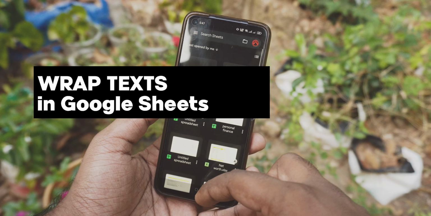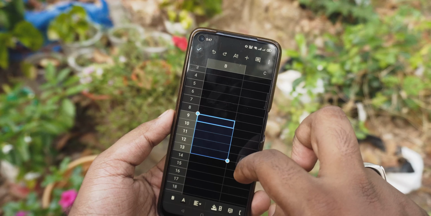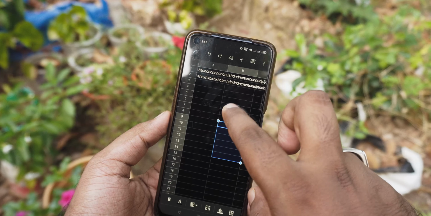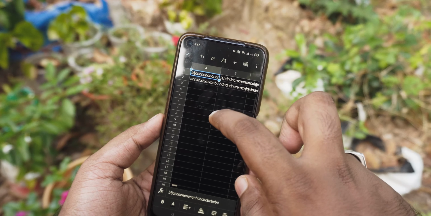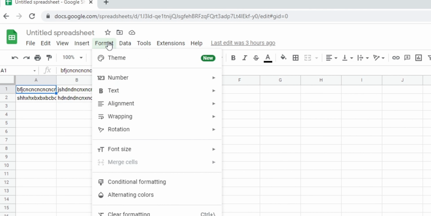When you're working with large sets of numbers or text blocks in Google Sheets, it can be very difficult because by default, text aligns to the left of the cell and it also sets to overflow into the next cell, which means you will not be able to read everything in each cell without clicking on it. It's annoying. That's why you need to know how to wrap text in Google Sheets.